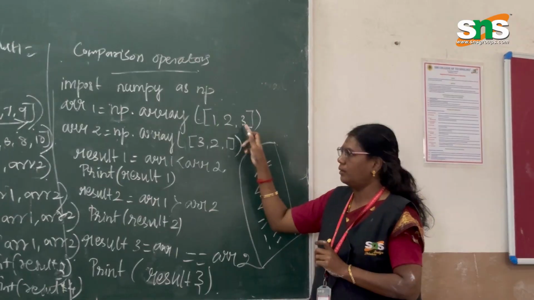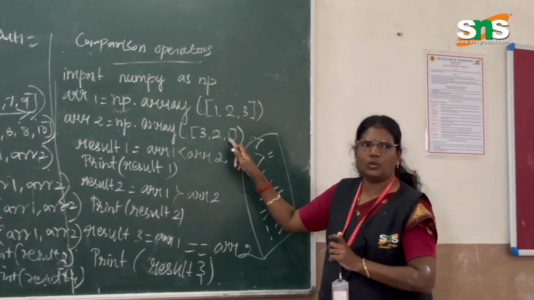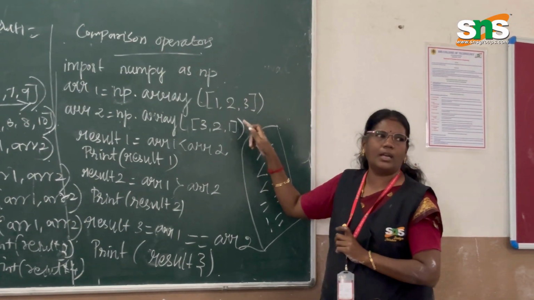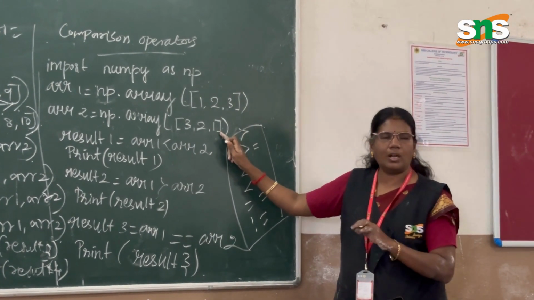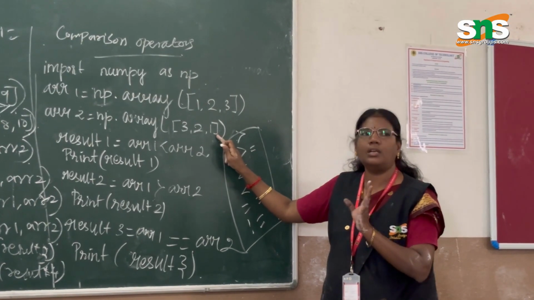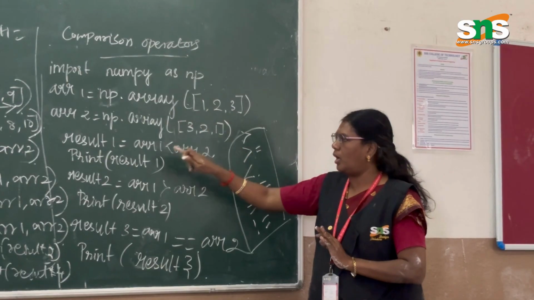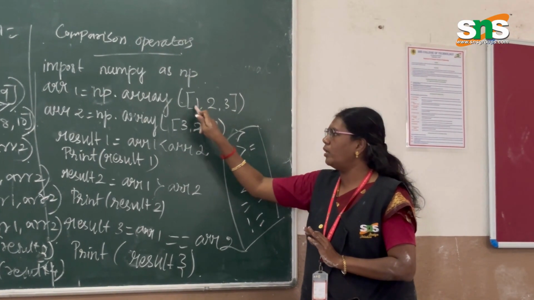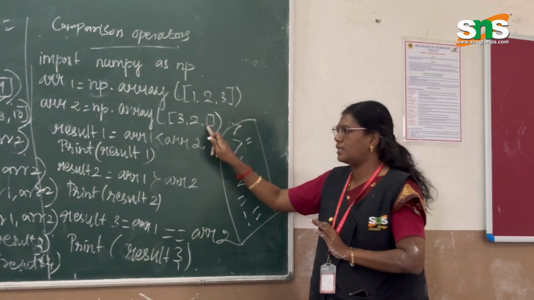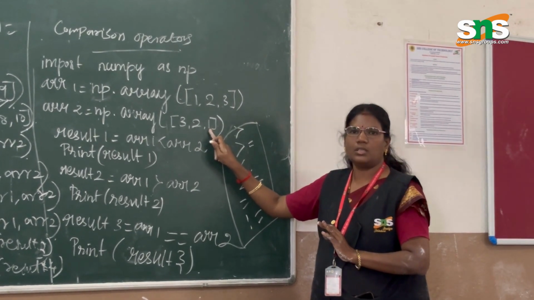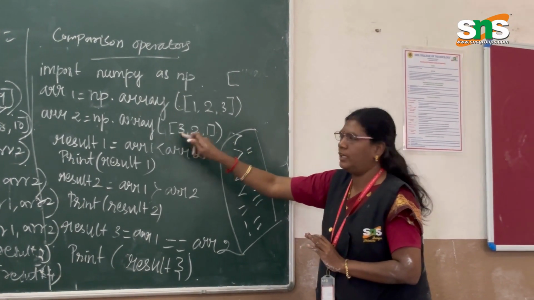We have to compare array 1 with array 2: array 1 is less than or equal to array 2. Each and every element will be checked. We have to compare each and every element of the NumPy arrays. 1 is less than or equal to 3. 2 is less than 2. 3 is less than 1. So the first value of the output will be 1 is less than 3,